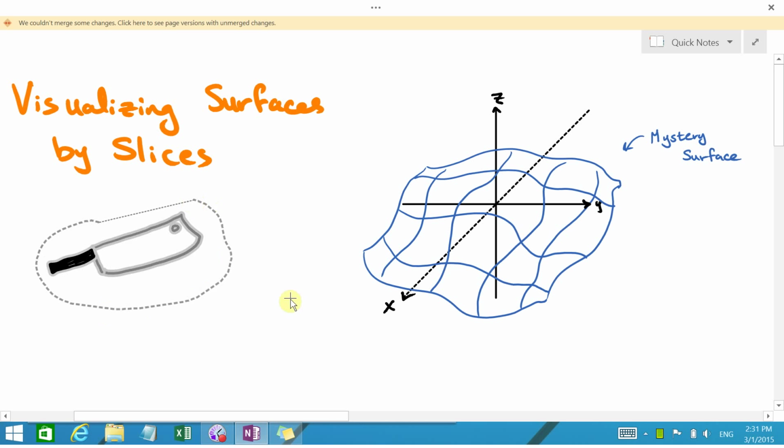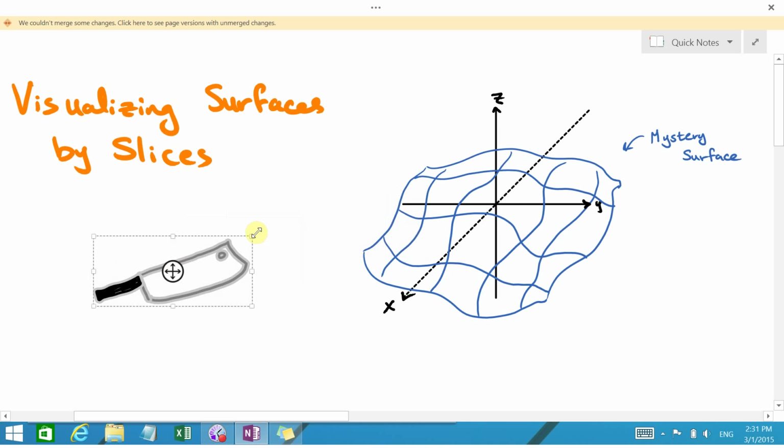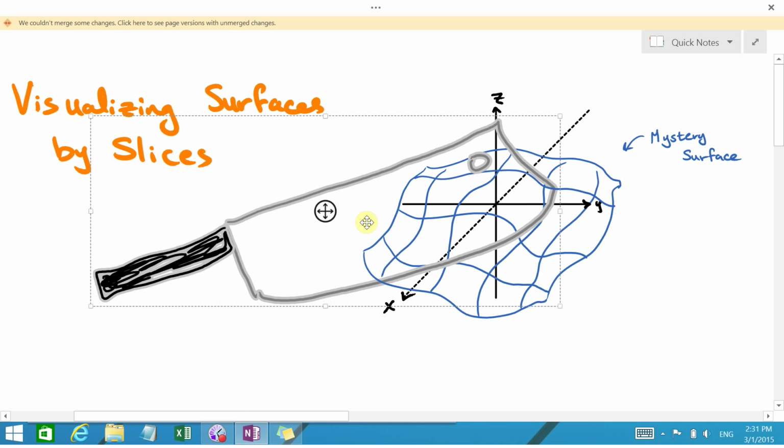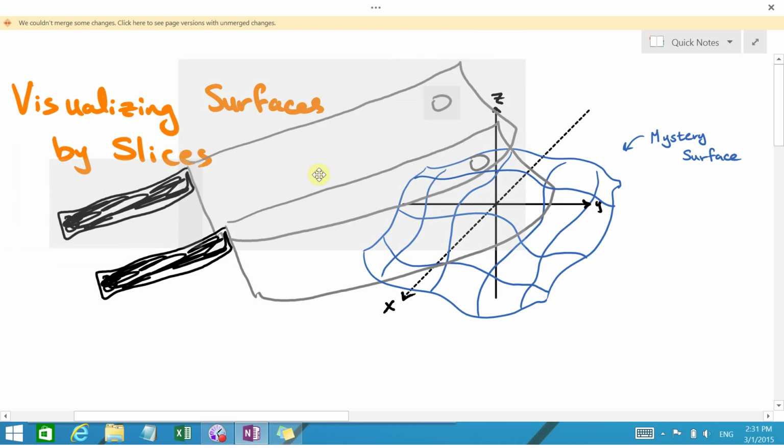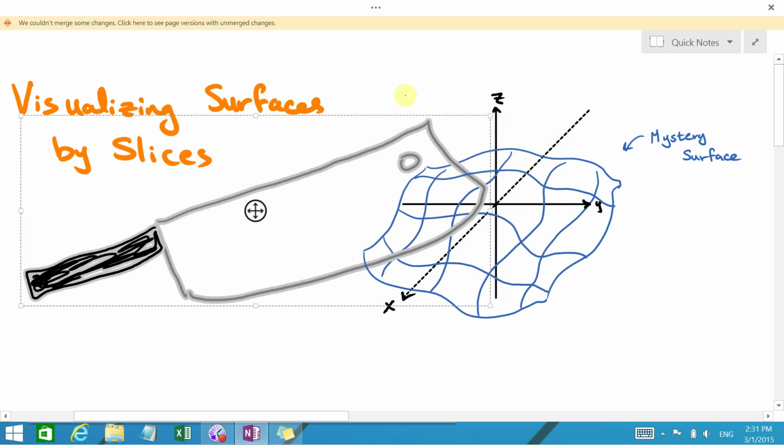We're going to take this meat cleaver here, and instead of looking at this crazy surface, this mystery surface, we don't know what it is, we're just going to imagine chopping it with this huge cleaver. In fact, it should really be a much bigger cleaver than I've drawn it. And just imagine slicing it in some direction that's, say, parallel to the